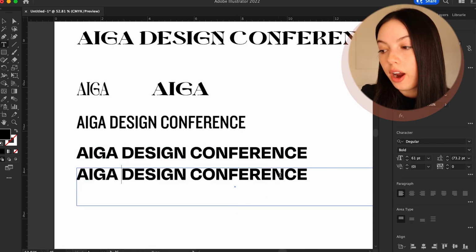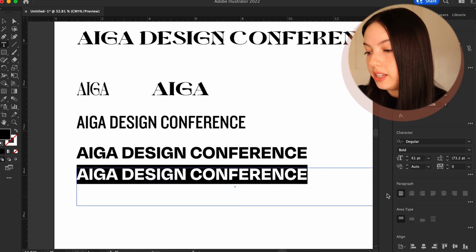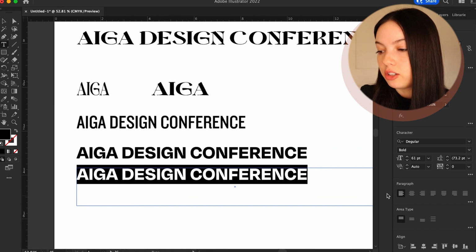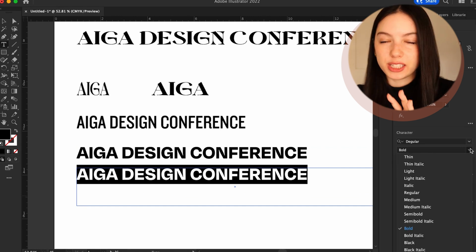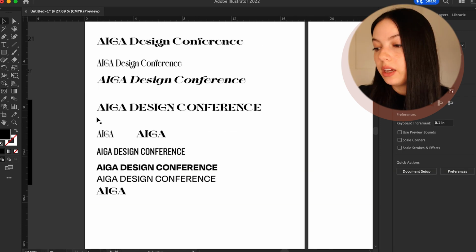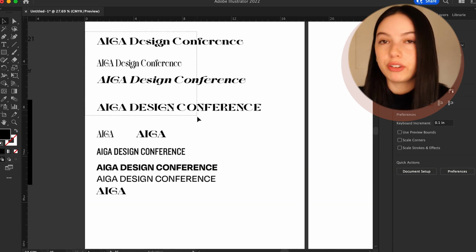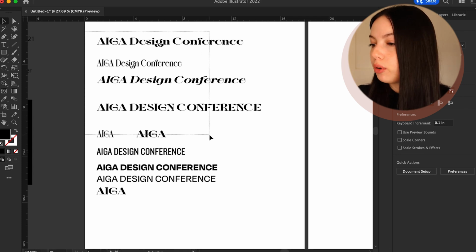This one's called Degular, and I love it. I love the different weights that it comes in, and it's just like special, but like a special sans serif, you know what I mean? The thing about poster design as well is that you do need to think bold. It definitely needs to be attention grabbing.